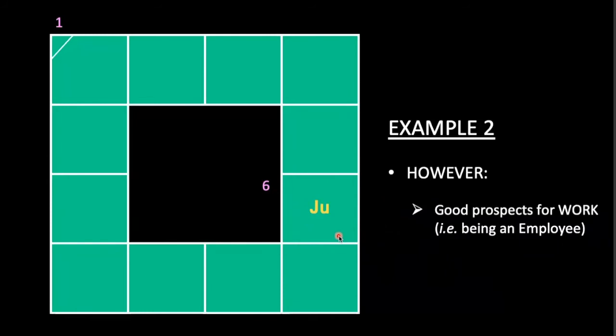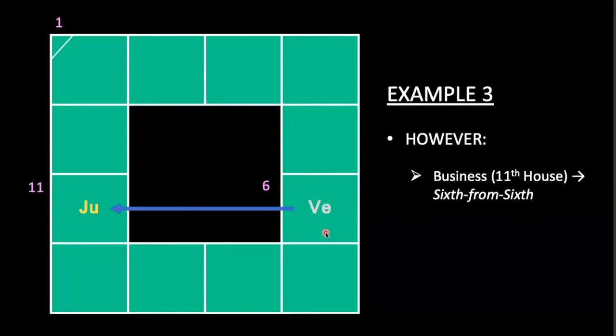In the current era, year 2021, work is what most of us are going after. And most of my clients who come to me ask about work, opportunity for work, and when that will happen. So I look naturally at the sixth house. Jupiter, sixth house, good for work, getting employed. However,